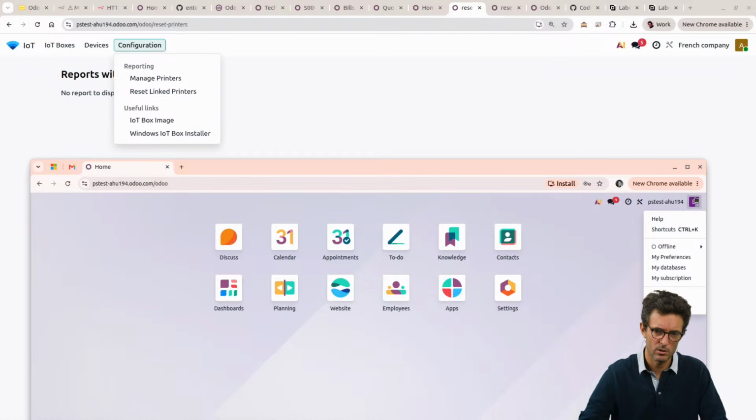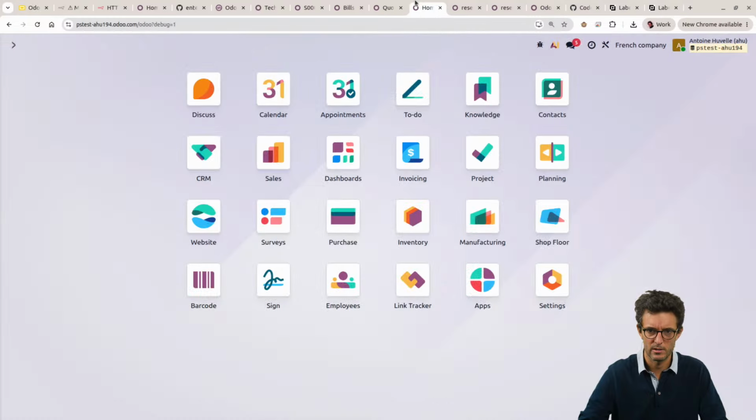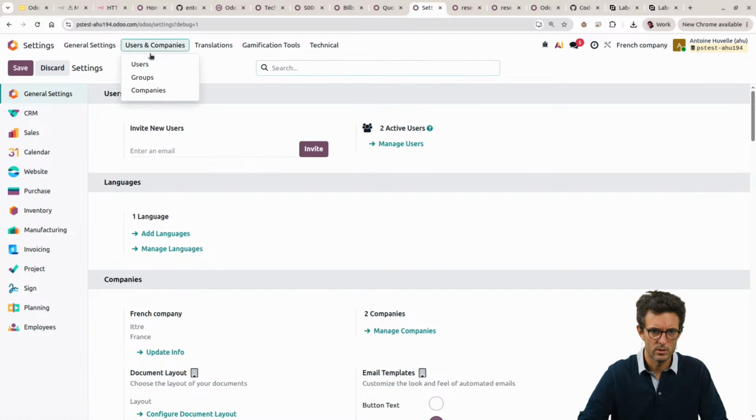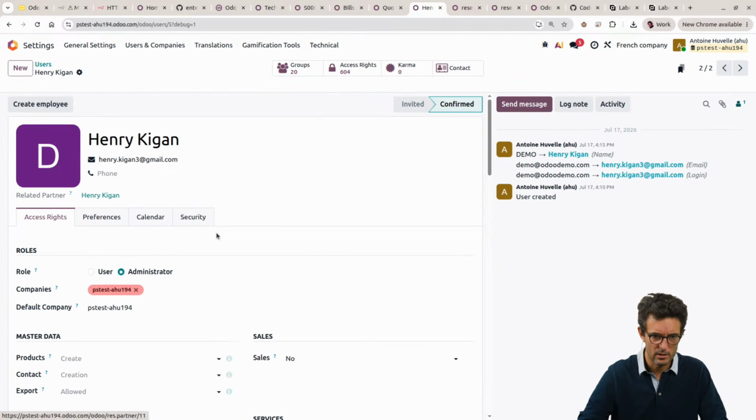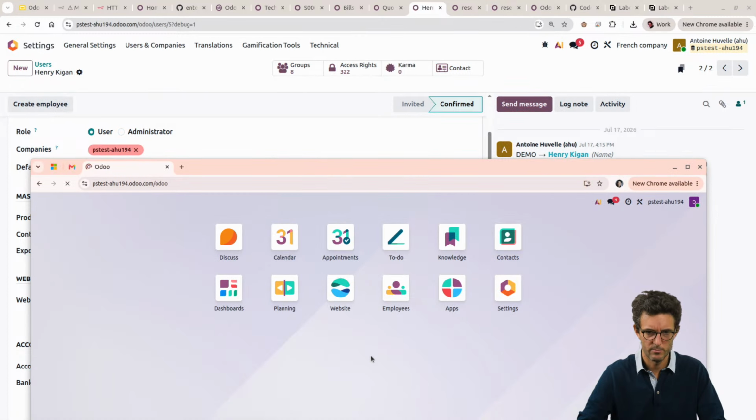Here I have another user that is on the same database, so you can see the same URL, but this one doesn't have the admin access, I think. Well, no, it has access to the settings, but at least I can change that. So I could go here and say that my Enrique guy has less access. It's just a simple user. If I do that,